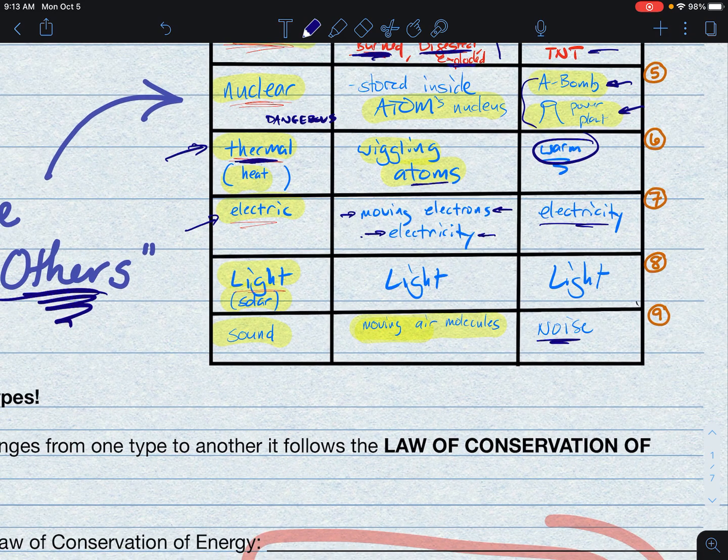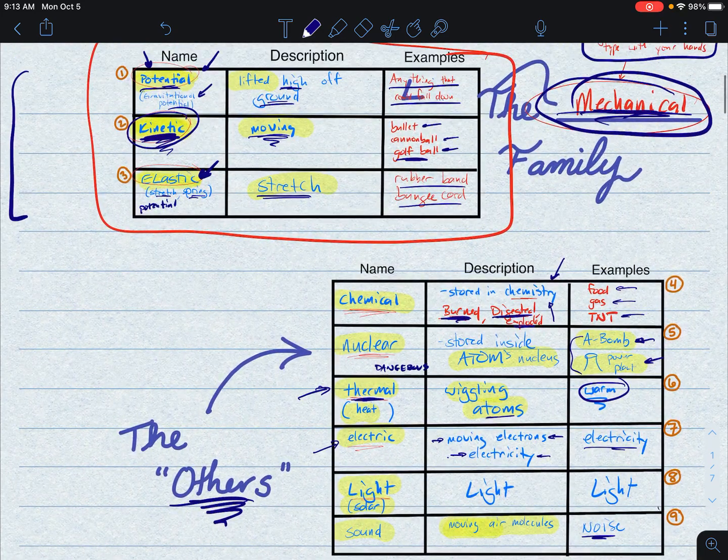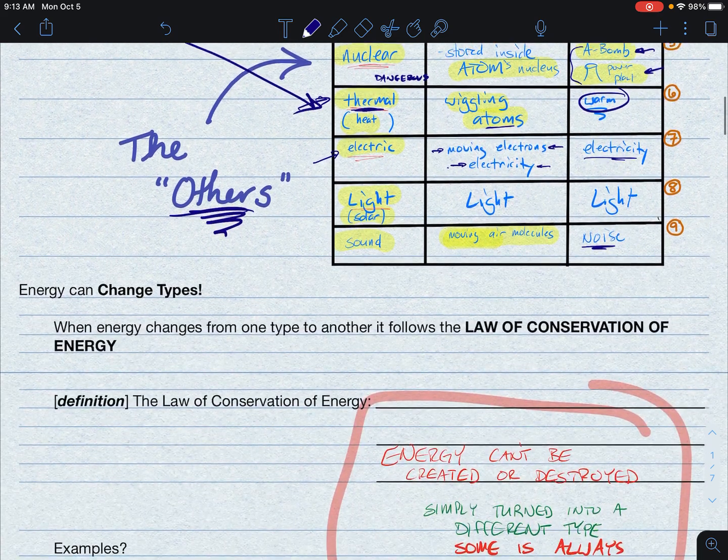So the big idea behind physics is that a system of objects or a single object can have any number of these types of energies present. So if I had a rubber band that was stretched and held high off the ground, because it's stretched, it has elastic energy. Because it's high off the ground, it's got potential. And because it's rubber and I could burn it, there's probably some chemical energy in there. And if I stretched it, it probably warmed up, so there's some thermal energy in there. So an object can have multiple types of energy, and that's fine.